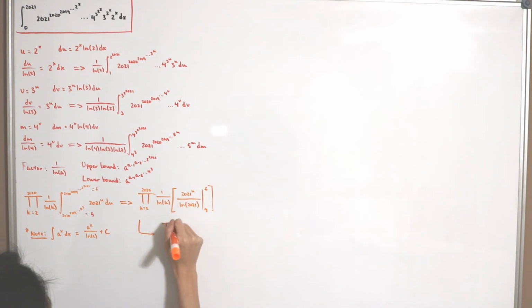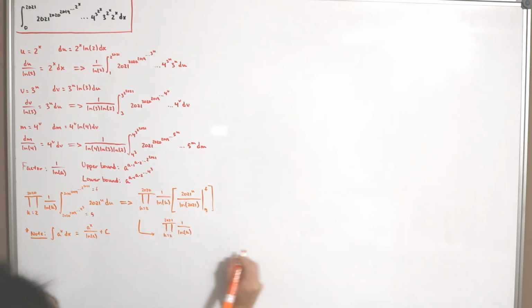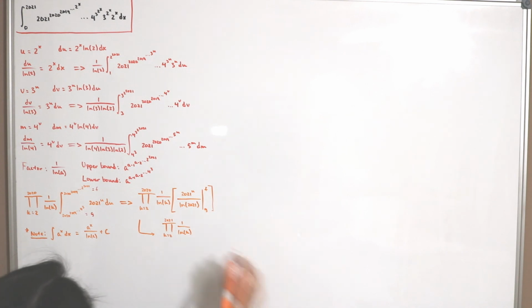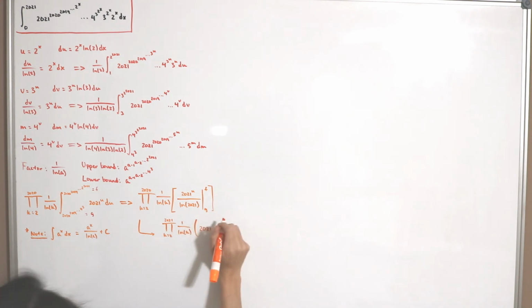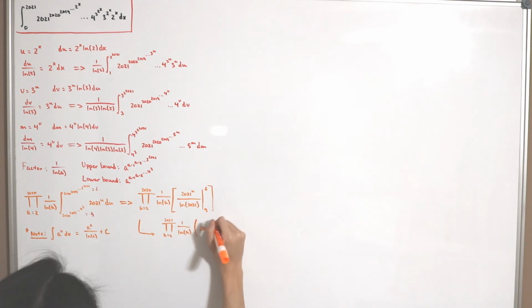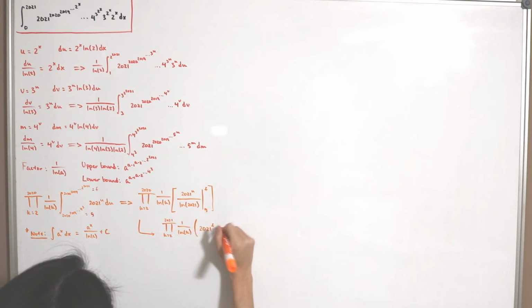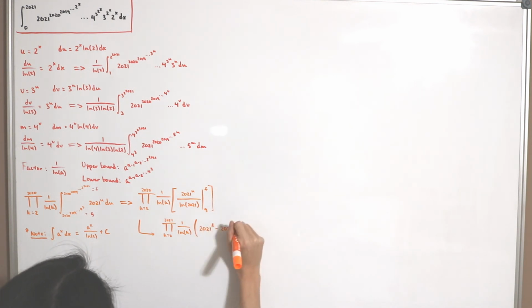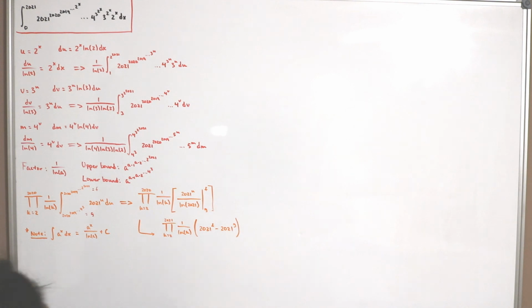So this time it goes up to 2021, starting with k equal to 2 of 1 over ln of k, and this is evaluated from 2021 to the power f, minus 2021 to the power g,